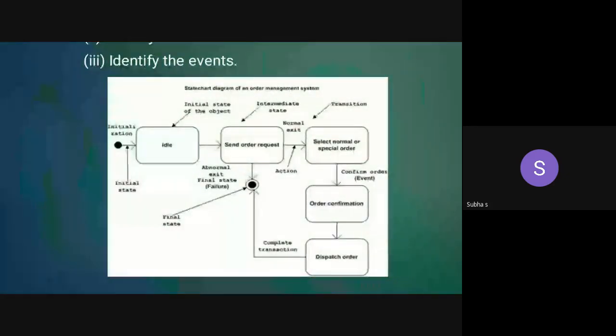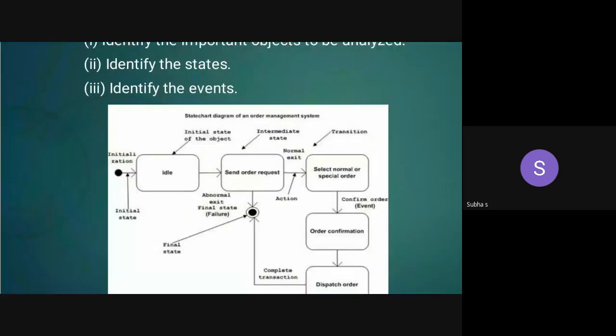From one transmission to another transmission, it shows the event, that is, the ordering of the message to be successfully followed. The double circle shows the end of the activity, and it goes to the final state. That is what I can explain along with the diagram.